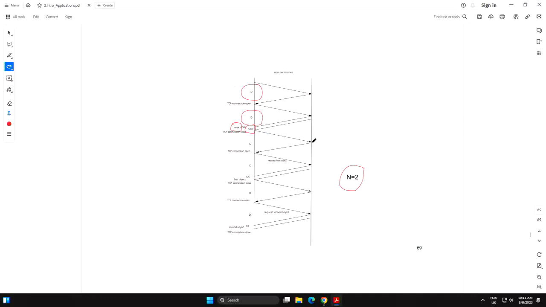Then we request non-persistent, so one object at a time, right? So you ask for that object and you get that object, good. But at this point, the TCP connection is closed, so you have to open another TCP connection. So this is coming from the TCP, right? This is the object download, so it's S over C rather than S0 over C, right? Then you get it, and then for the second object, again, you have to open the TCP connection, then you have the object. So you can see you have to open a TCP connection here, right?